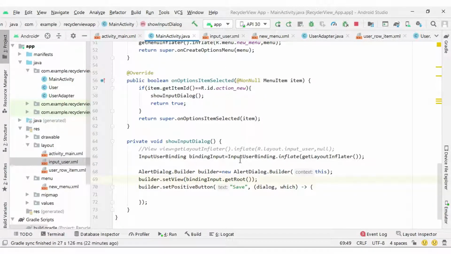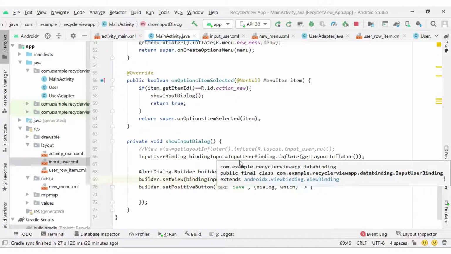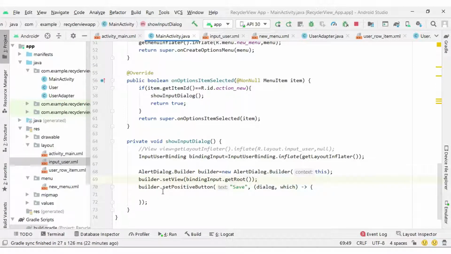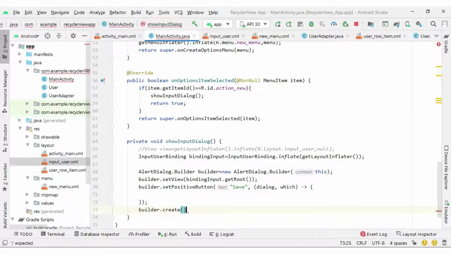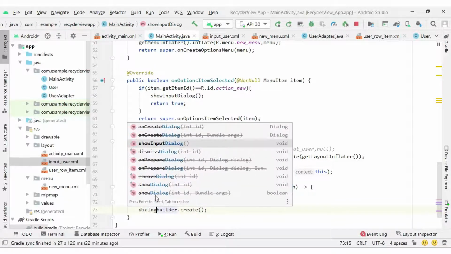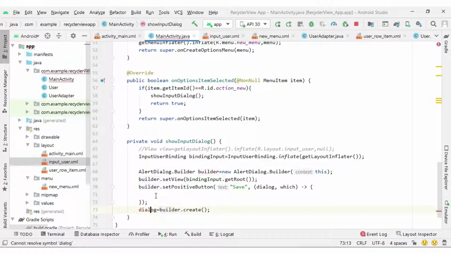So we do not need to write findViewById code here. And next, when all the coding stuff is done, we can write builder dot create method. It will return the dialog instance. Here you can see AlertDialog, and then after that dialog dot show.